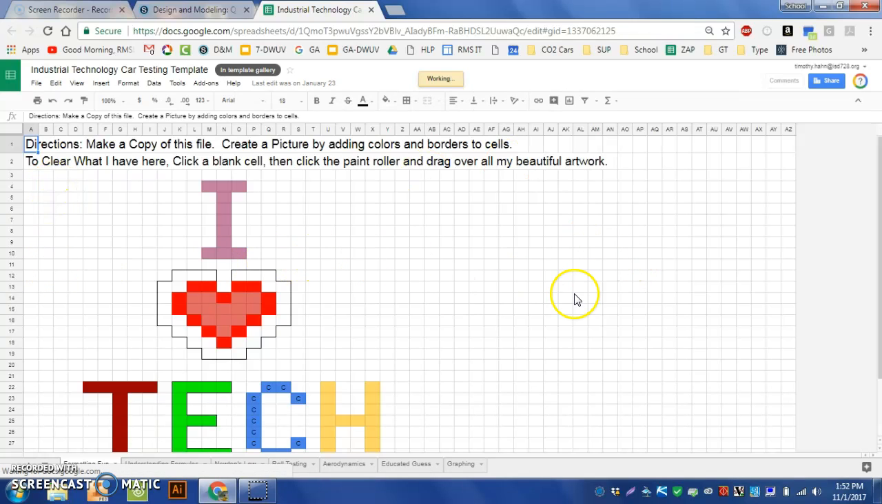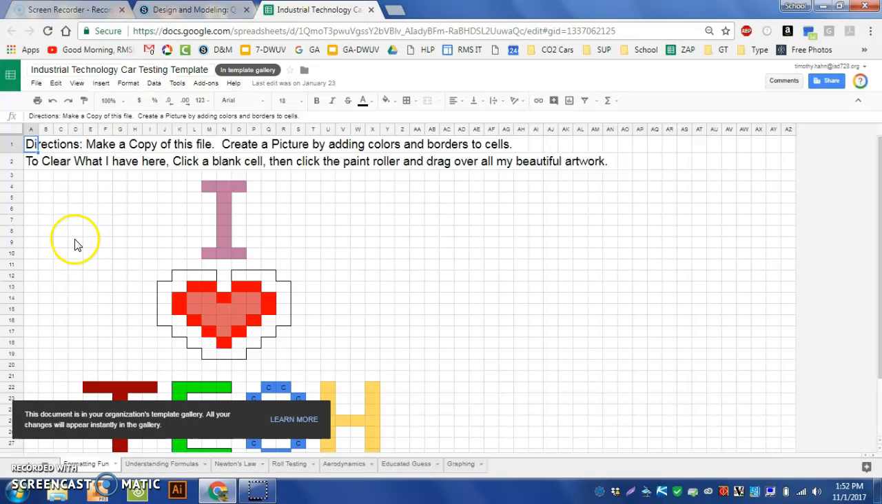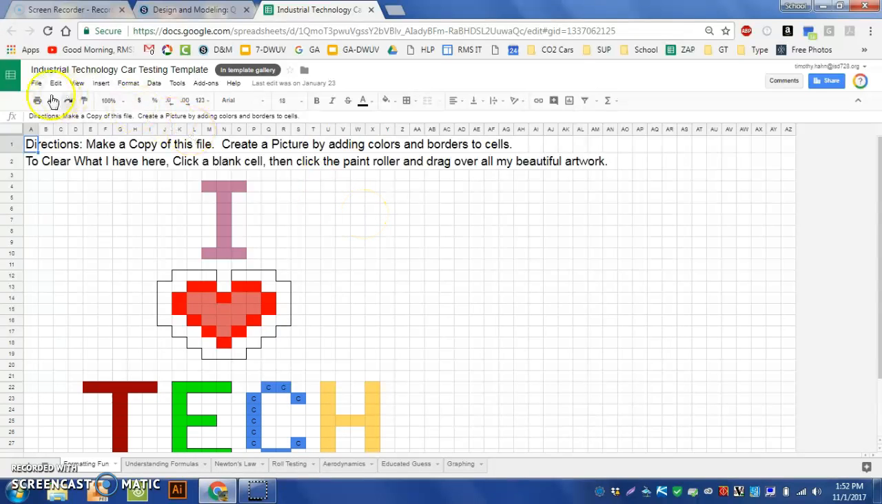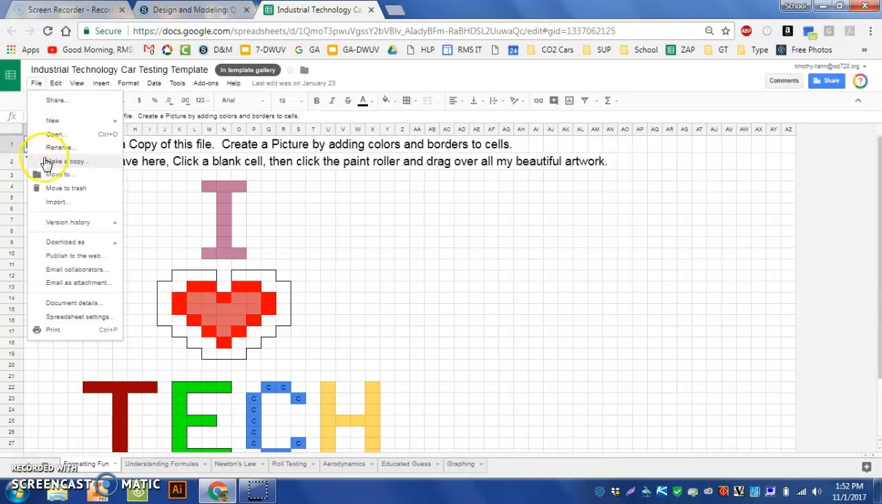This is what's called a spreadsheet. Some of you may have used Google Sheets before, some of you may have not. It says Industrial Tech Car Testing Template. What we have to do is make a copy of this. So you're going to go to File, Make a Copy,